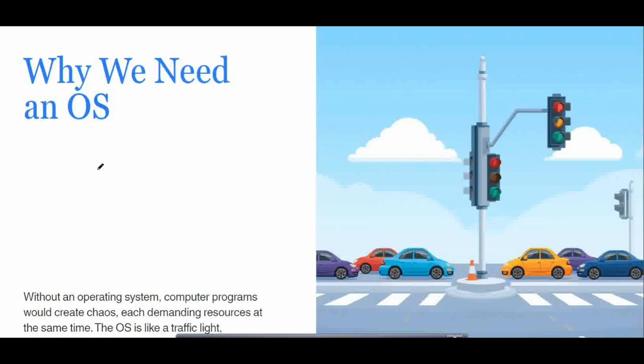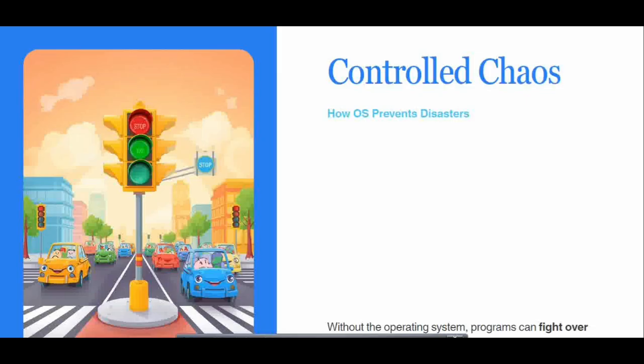The operating system here acts as a control program, or in other words, an operating system is a strict teacher. It says, program, you must not touch memory that isn't yours. At times it says, program, you may not crash the system. And it may also say, program, wait, it's your turn